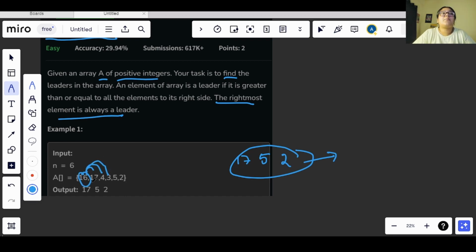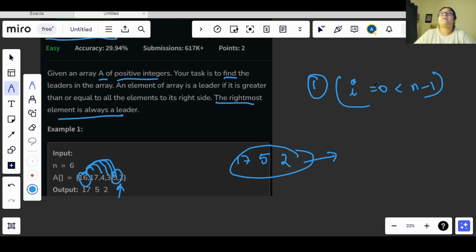I compared it with 17, then 4, then 3, then 5, then 2. So we are taking a number, let's say we are iterating using i. For that we start from 0 and go till less than n minus 1. Why? Because we need to check till here only. The last element will always be a leader anyway. So we will be iterating till less than n minus 1.